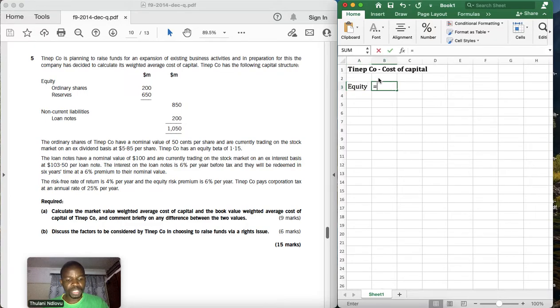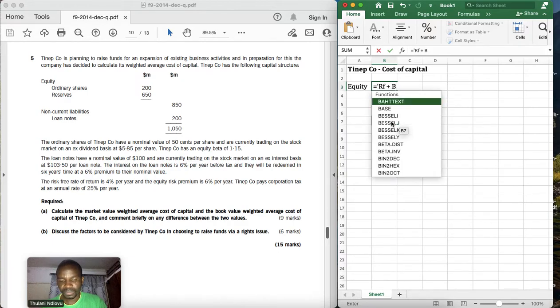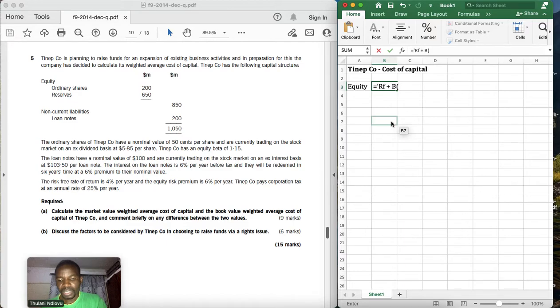The formula for equity we have just said there, it's RF plus beta, bracket RM minus RF. Then this is equal to,